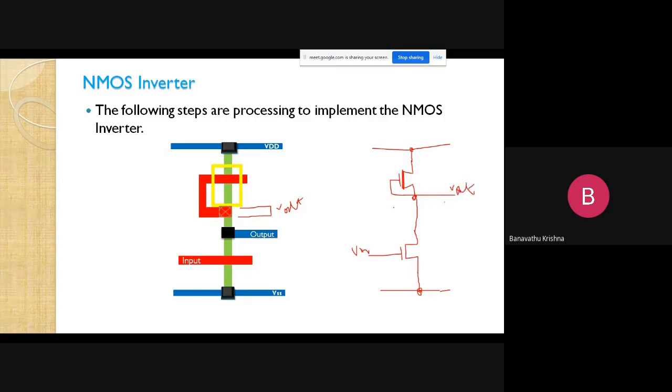As I said, extending the polysilicon layer can also serve as the common output. But here I want to take one more layer, a metal layer, to take the common output terminal for the drain of the depletion mode and enhancement mode devices, right?